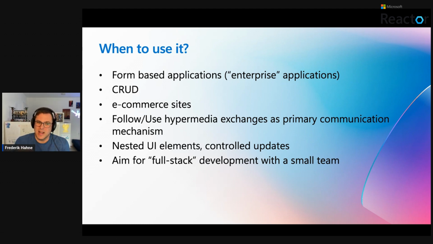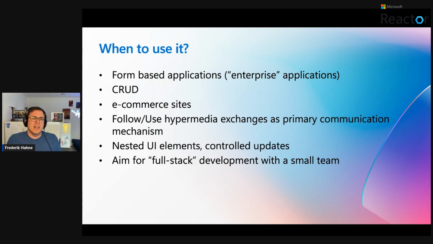you have nested UI elements. I mentioned you can update basically every element on the page if you like, but with that approach, you are really going into the jQuery direction we don't want to have anymore, because everything can be updated and you don't know when and you don't know where.